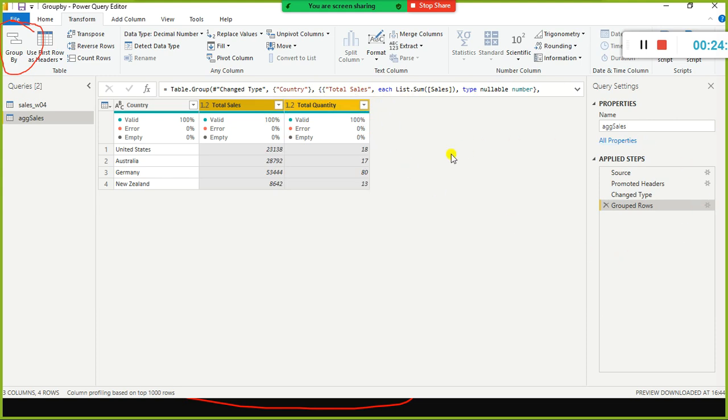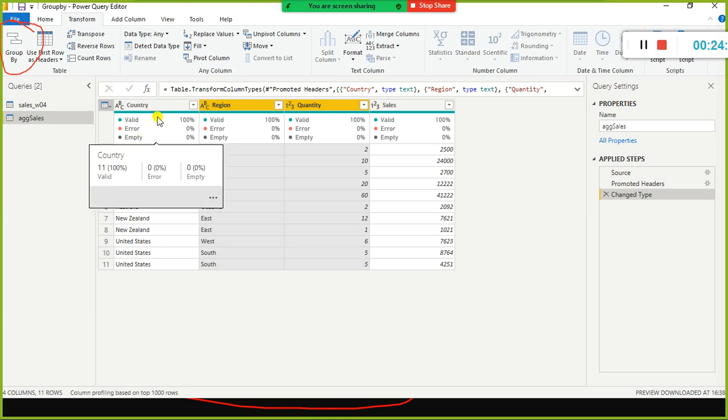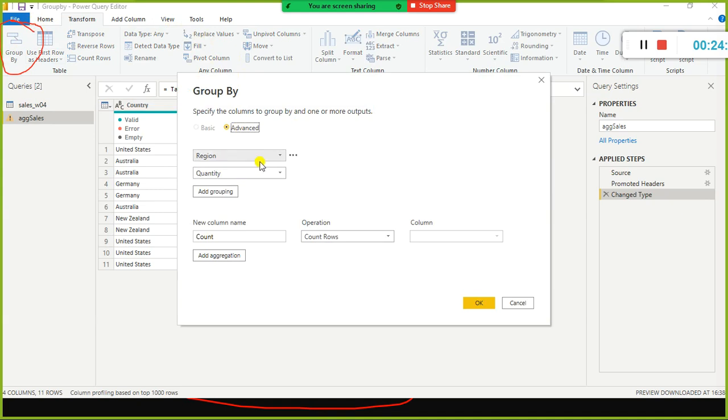This is fine, but I want to do the group by on more than one column. Previously we did the group by on only the country column. Now I want to do the group by on country and region. How can I do that? The same approach: click Group By, and here select the advanced option.